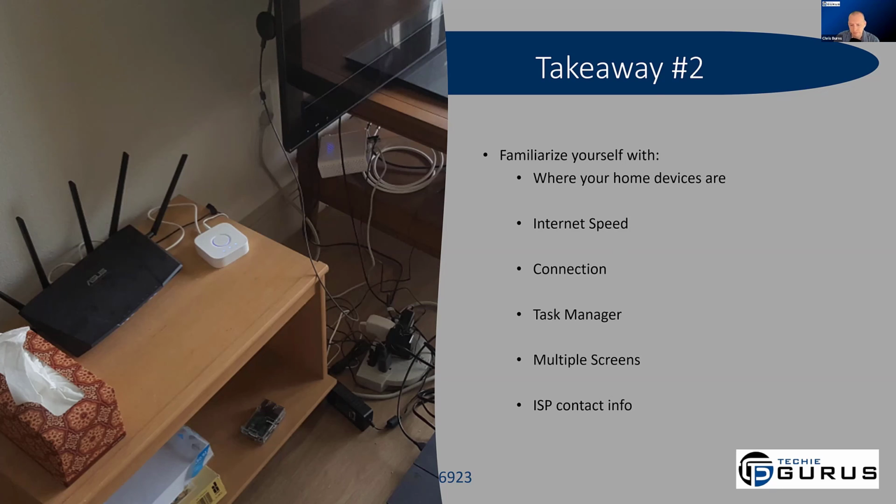So, if they're used to 2 screens in the office, you should probably think about having 2 screens at their house. And then make sure that everybody has their ISP contact information. Whenever you call a provider, you need to have your account number, your home address, your phone number that's on file. You may, for some, need the last 4 digits of your social security number or your driver's license for